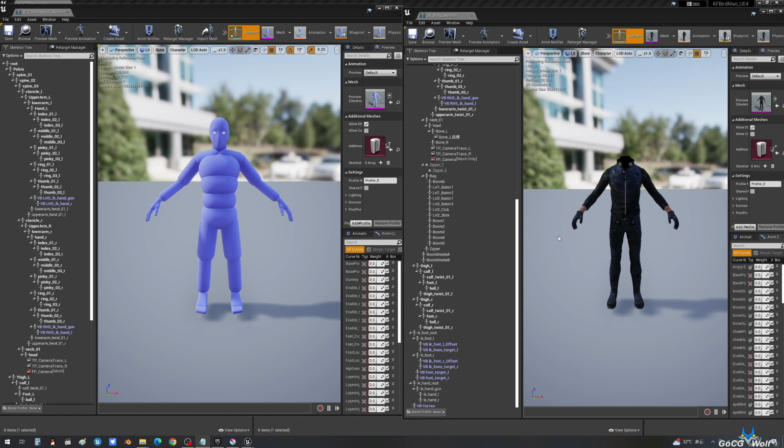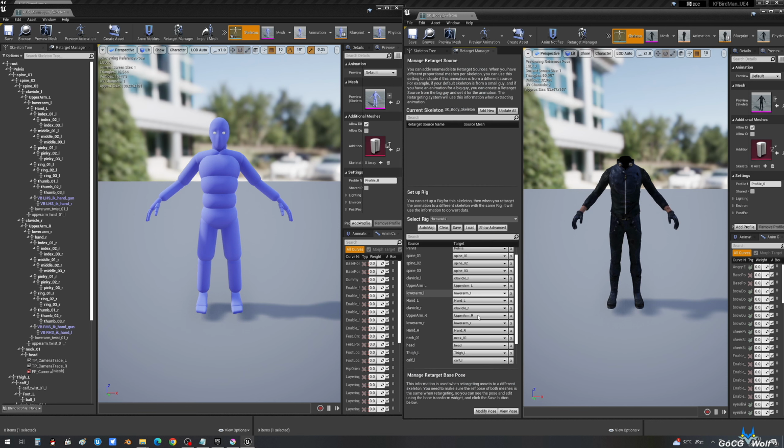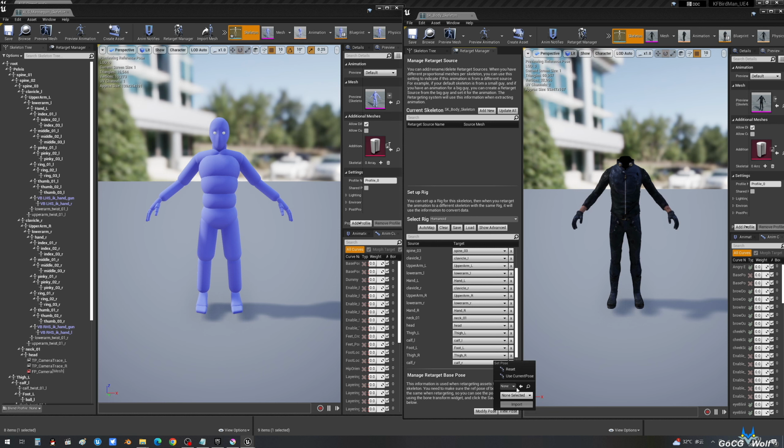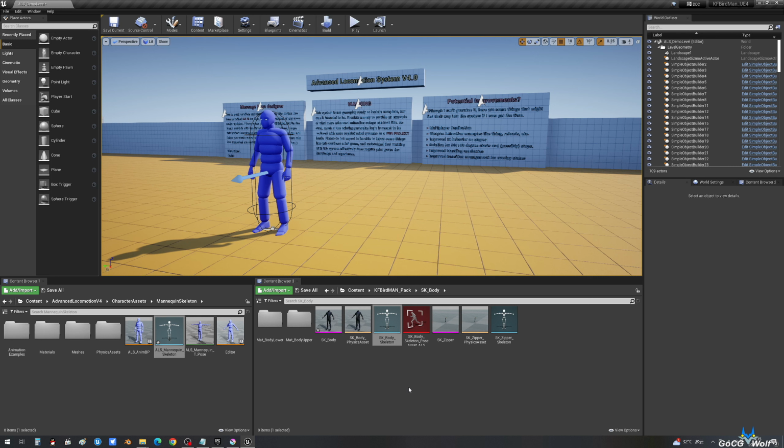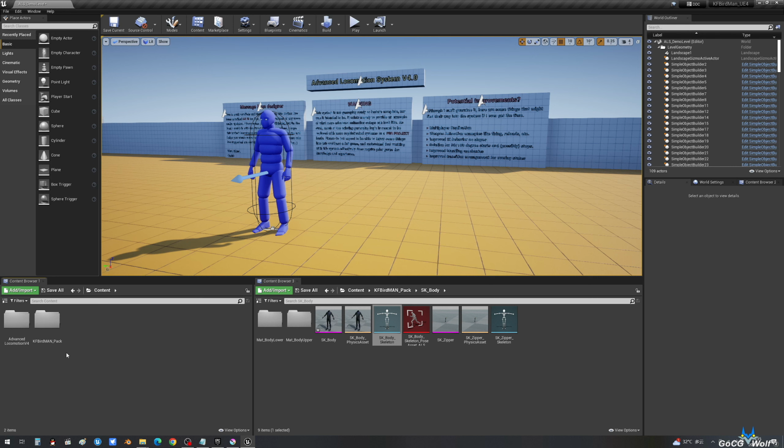After completing it, we will import ALS redirected poses into the skeleton. Import it. Use the current pose, click. Then save. Close it. We open the KFB animation blueprint.